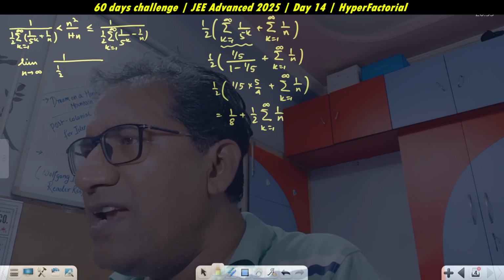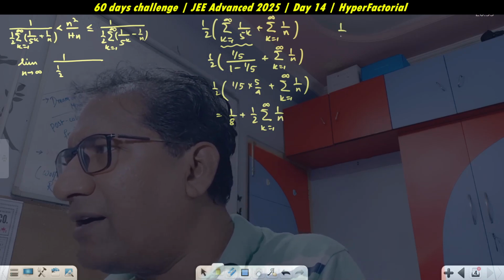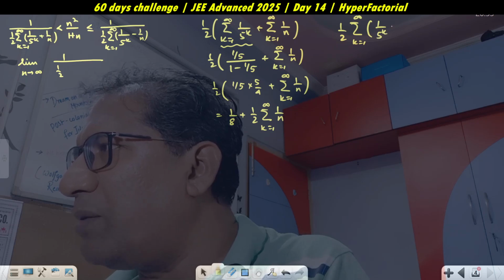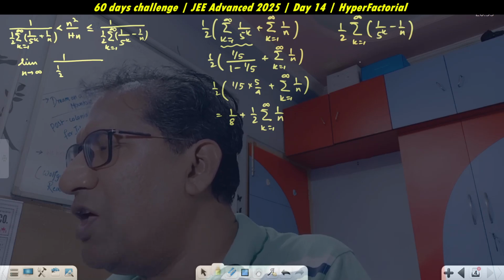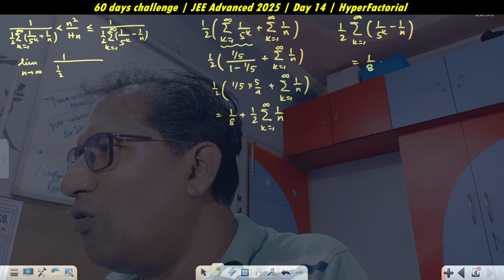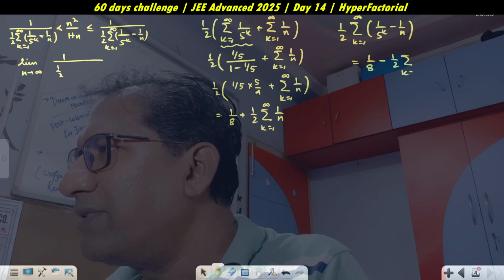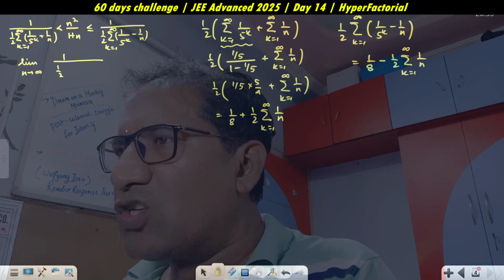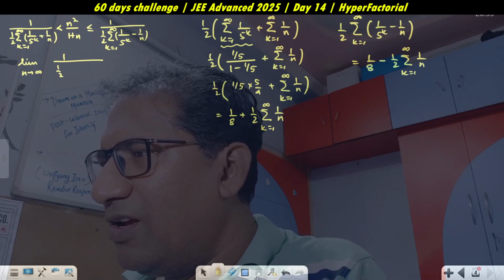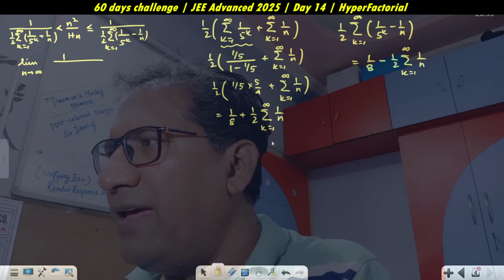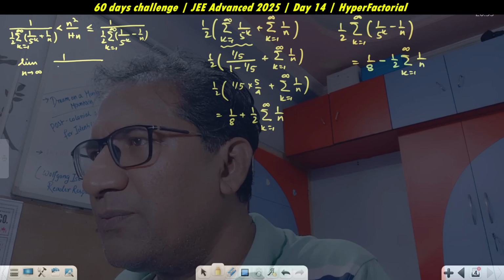Similarly, if we simplify the second part, half sigma k from 1 till infinity 1 over 5 to the power k minus 1 over n, we actually get 1 over 8 minus half sigma k from 1 till infinity 1 over n. Let me replace this over here. So we have 1 over 8